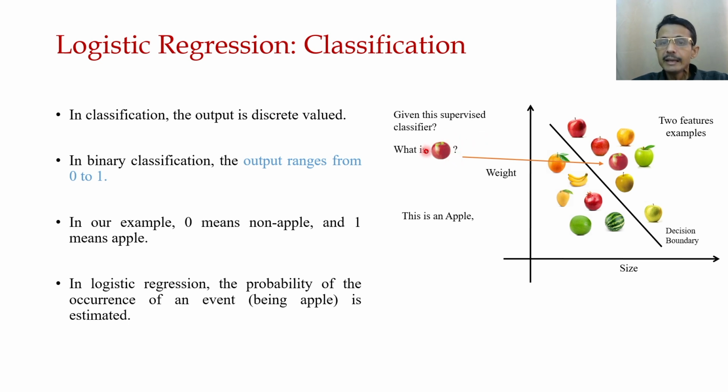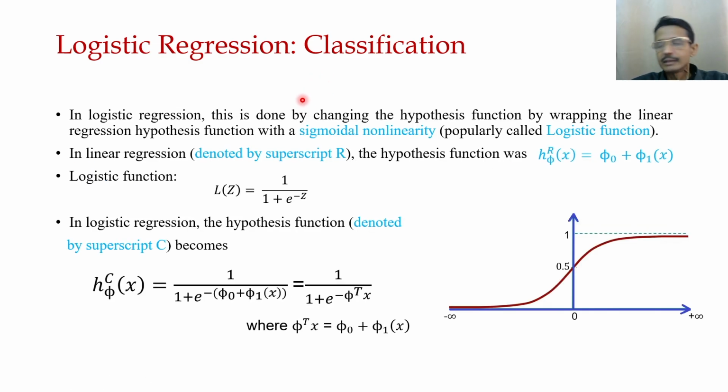So when a new sample comes, by virtue of this separator, we can say this is apple or not apple. In this case it is apple. So in logistic regression, given an instance, we say that it is either 0 or 1, or plus 1 or minus 1, that is, on which side of the separator it lies, apple or not apple, and with some probability we can say what the probability is that this instance is an apple.